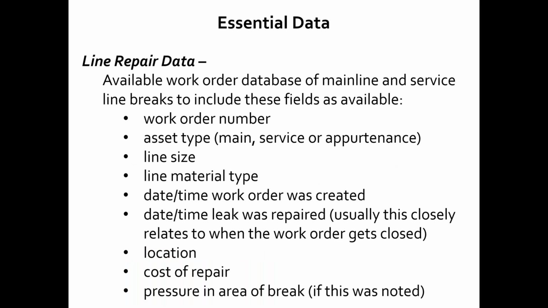The line repair data, and this is for both mains and services. We recognize that folks track this in different ways and maybe in different systems, and some may not track this at all. If you're having trouble tracking down this information we're asking for, let us know, and we'll put our heads together, because we've seen a lot of different scenarios. We've worked with a lot of different utilities. We can perhaps provide some guidance on how to estimate when exact data is not available. But generally, you're probably going to look to your work order system for this type of information.